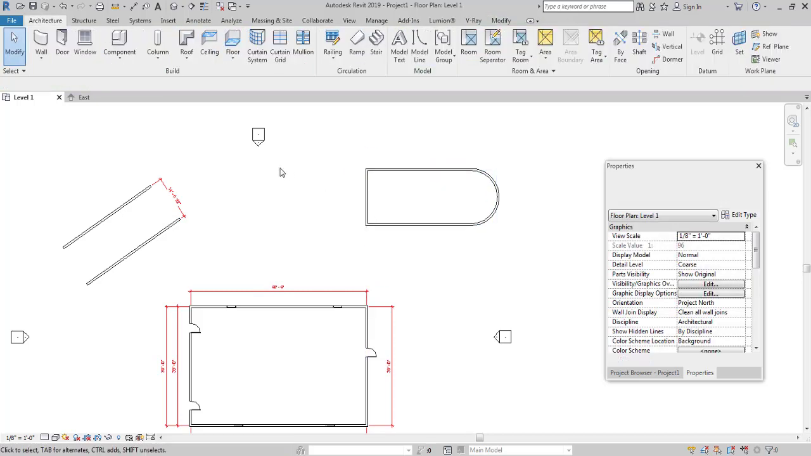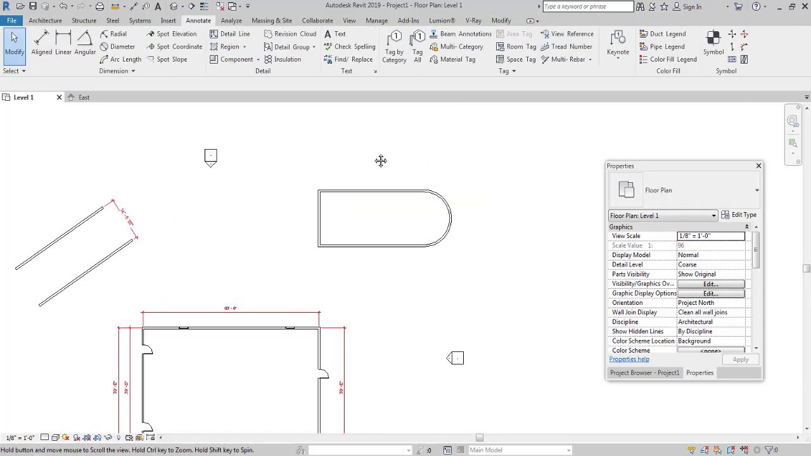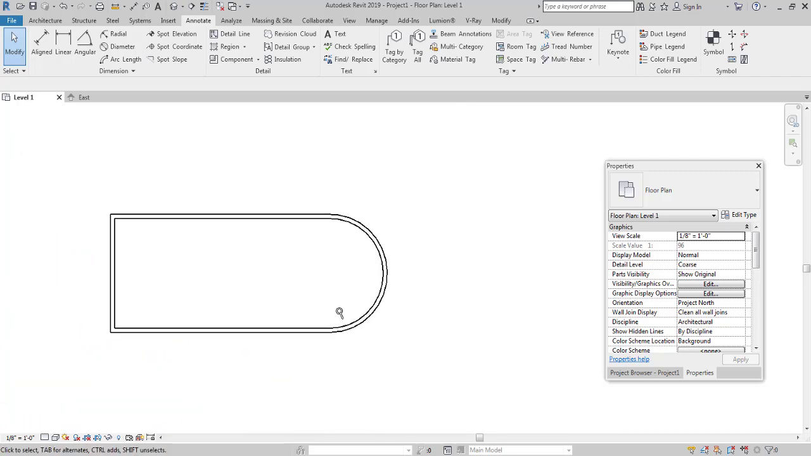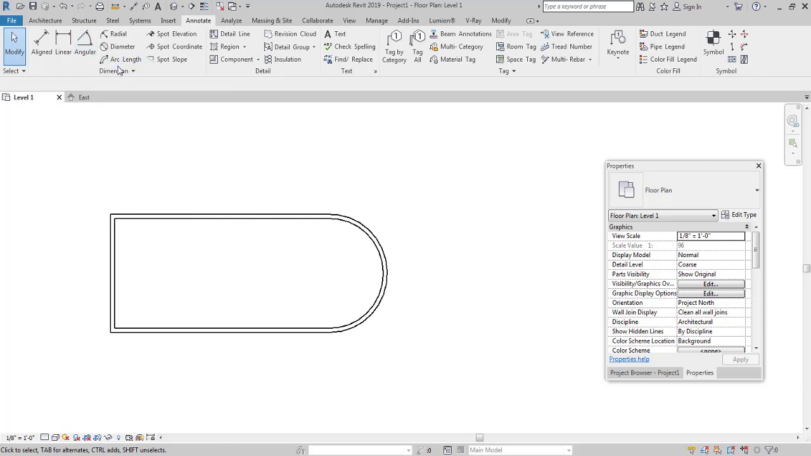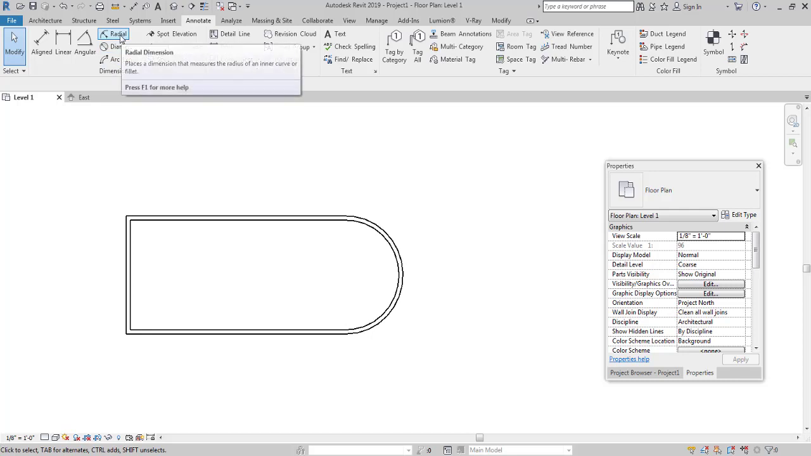and just go to the annotate tab. For example, I'd like to know the length of this arc, or I would like to know the radius of this arc or the diameter of this arc. This is where these icons, I will get to the angular in just a moment. Basically this is used to show the angles, but what I would like to go over are these three icons first. So let's select the radial icon over here,